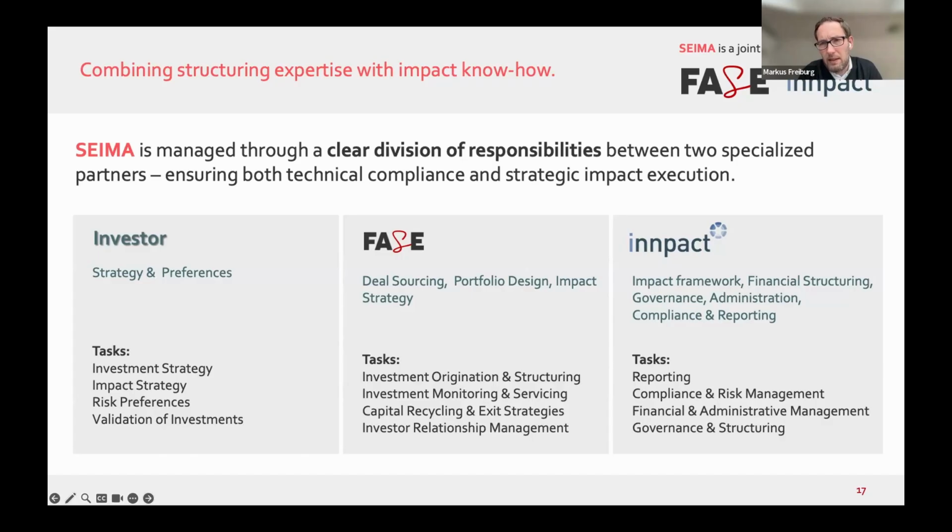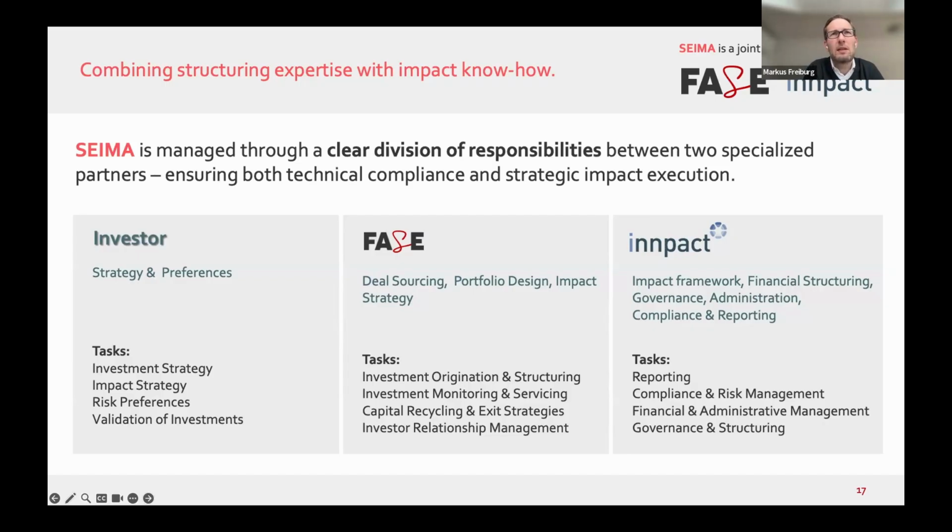This could be families that really want to start building up an impact investing portfolio with early stage impact ventures. These can also be corporates that might already have an acceleration program and now want to start investment activities. But it could also be a public entity, for example a certain region, a certain Bundesland, interested to promote social entrepreneurship in their region and considering how to combine this with national funds or, for example, ESF funds to set up something. So the investor is